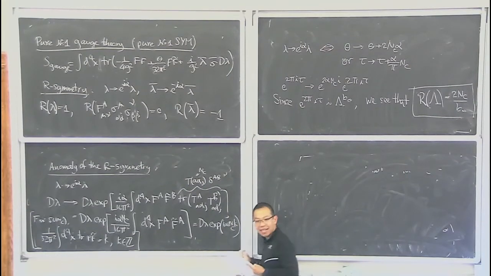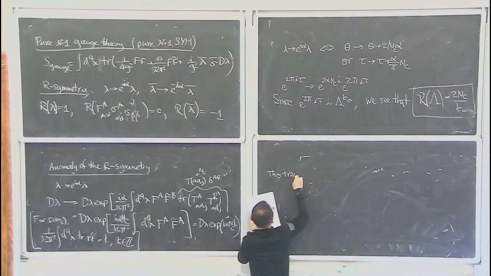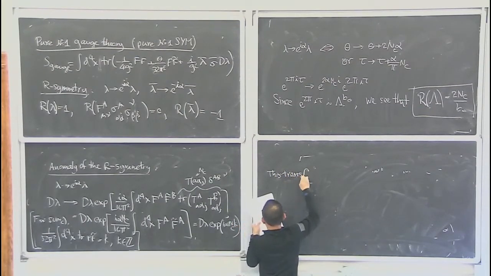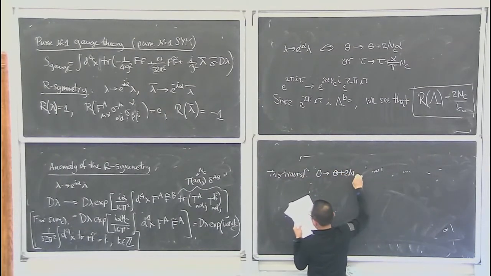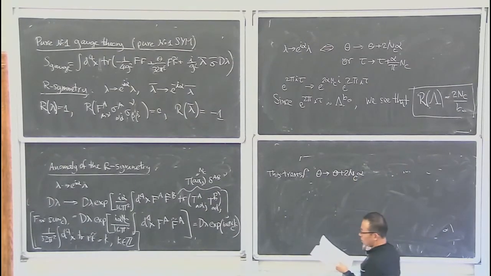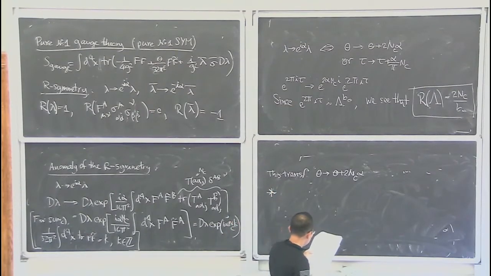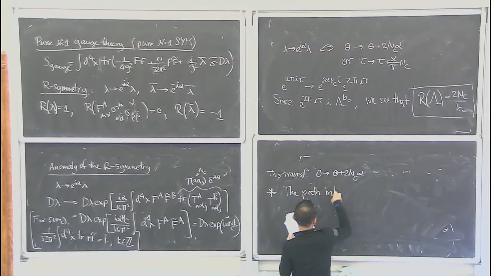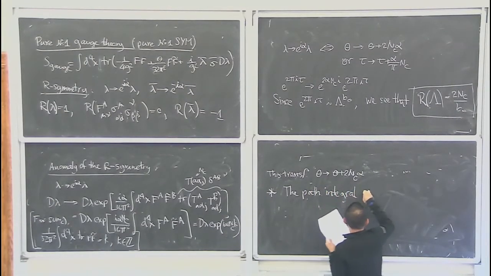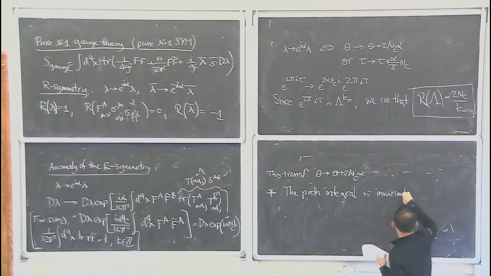Again, let me emphasize 200 million times that this transformation shifts the theta angle by this. Just this, okay? Now, very important point. The path integral is invariant under,